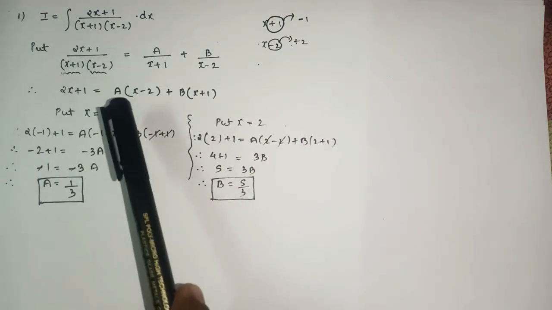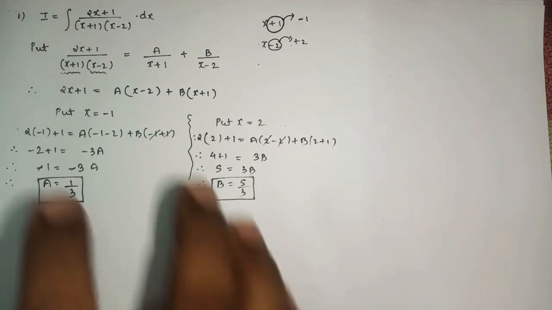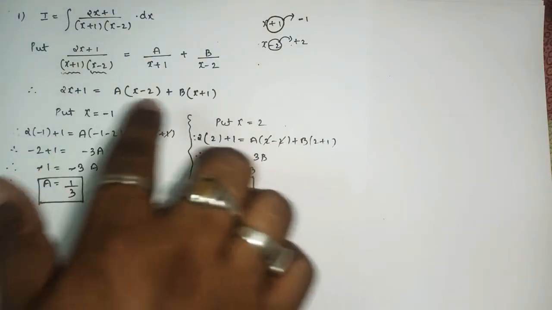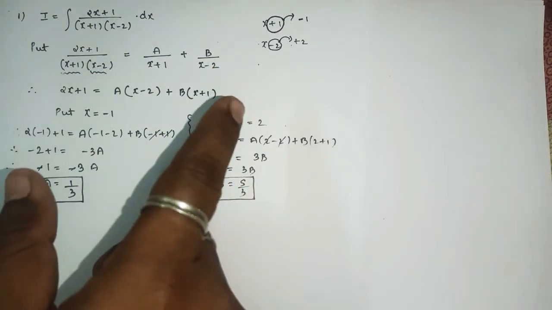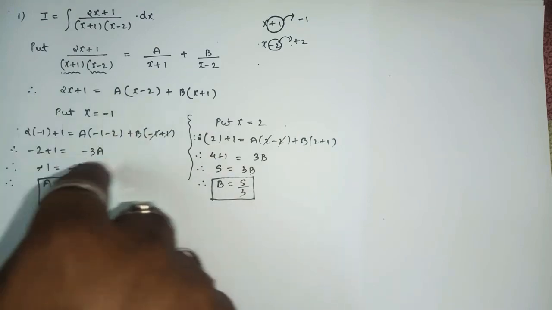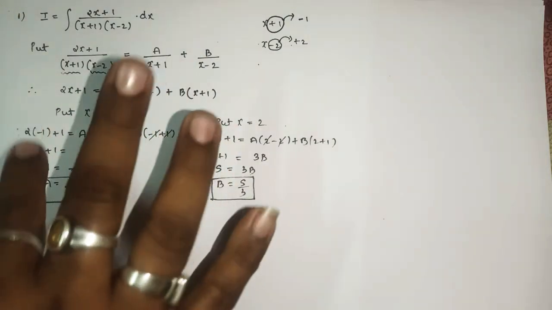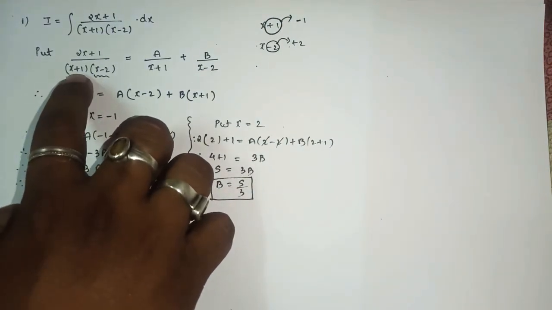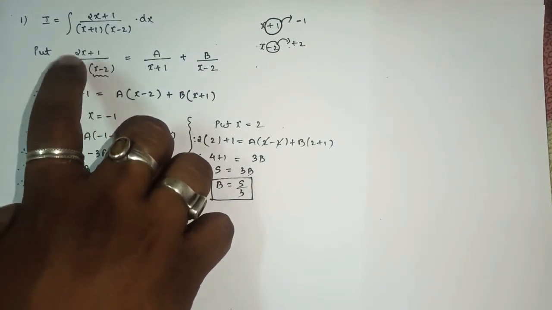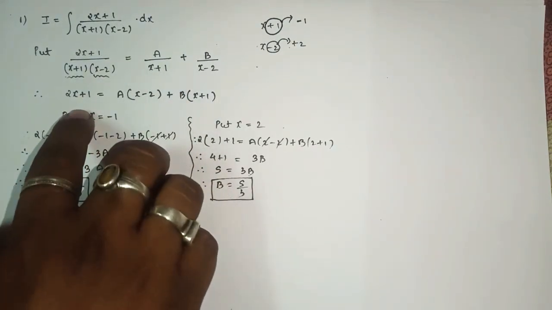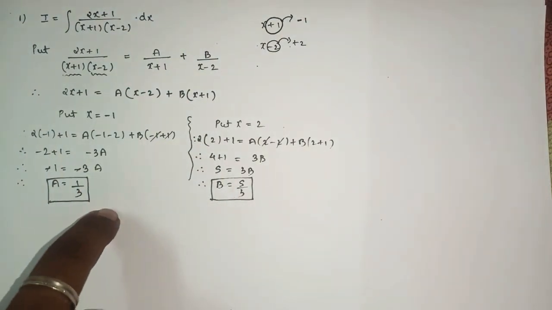The first method is what? Bracket open, arrange the part with respect to the like terms, x and number, then compare the coefficient of left hand side and right hand side, you will get the answer of a and b. The second method is quite very simple. Just simply take the first part, take the opposite symbol of this number, plus 1 will be minus 1. Wherever you see x, replace the x by minus 1, you will get the answer of one alphabet.